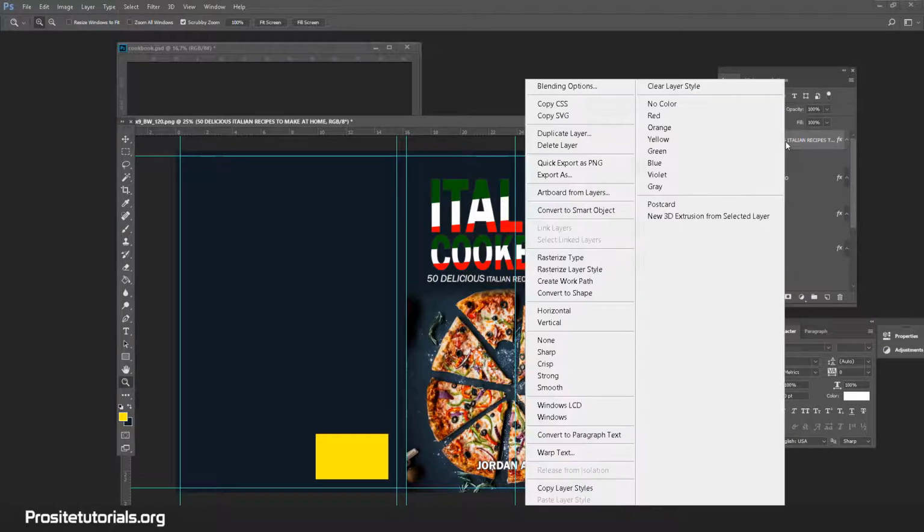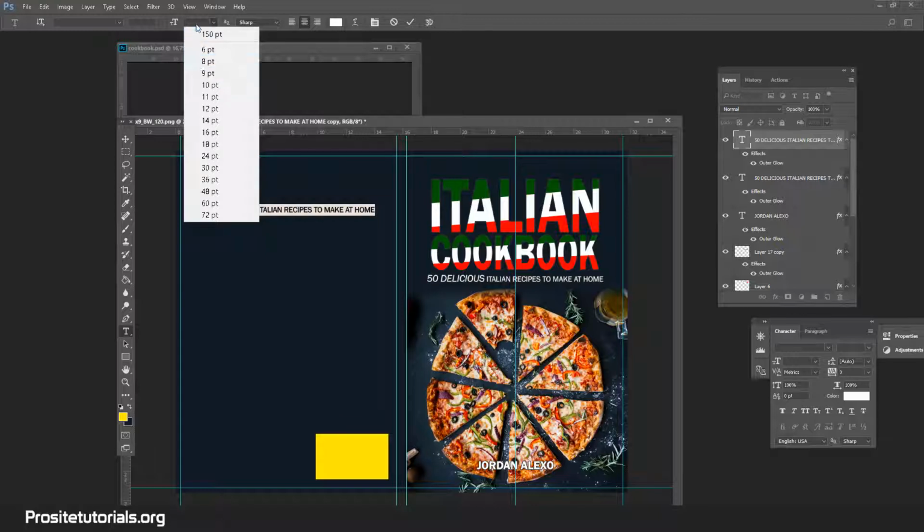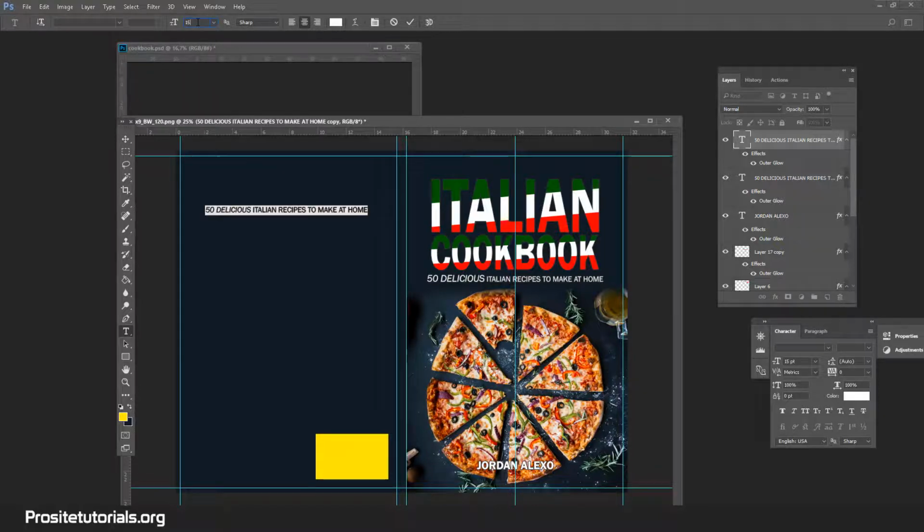So for this, I'm just going to duplicate this layer over here, because this is a text layer, and I want to have the exact same font on the back end of my cover, just like this. And I'm going to use this for the description of my book. What I found for a good sizing for this is about 15 pixels. That is about a good sizing for